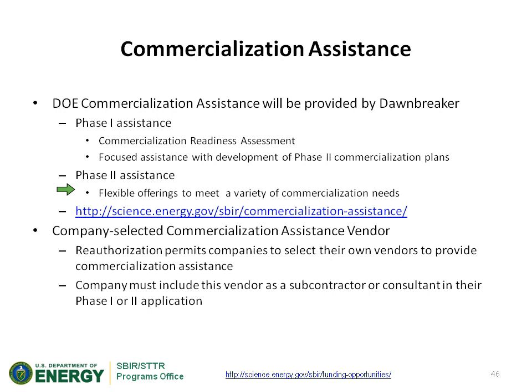And that does limit the amount of assistance that we can provide. We did also want to point out that you can provide your own vendor, a company-selected commercialization vendor, and you must submit that with your application. So if you don't want to use our vendor, please submit that when you submit your application. You have to include it there. We won't, after the fact, provide you with commercialization assistance with a vendor you select after you received an award.